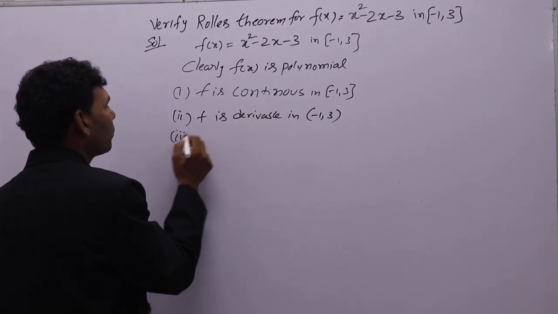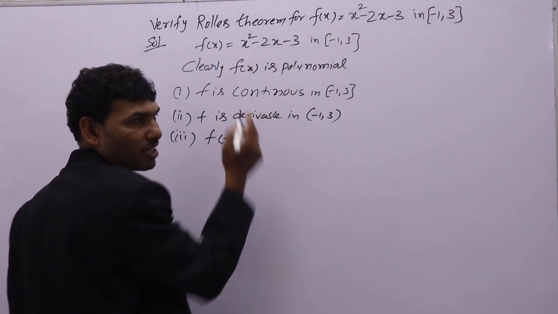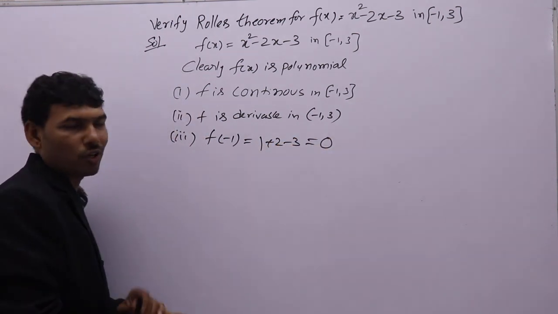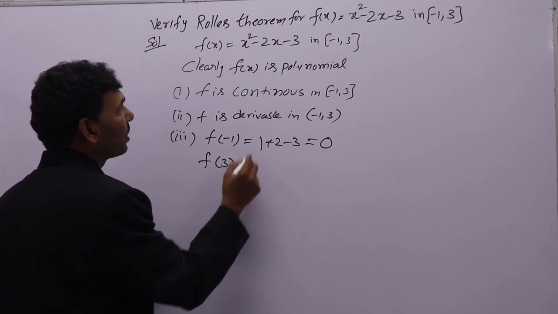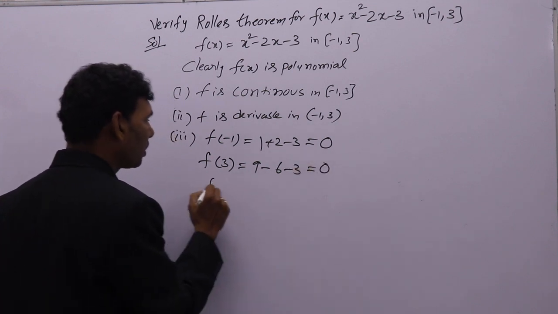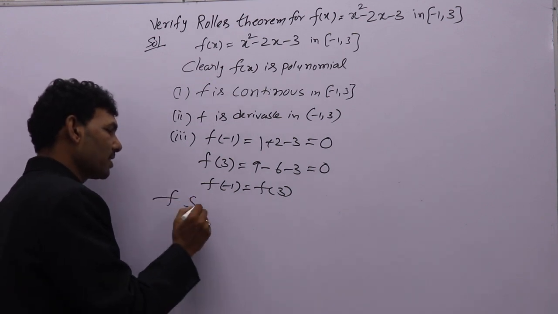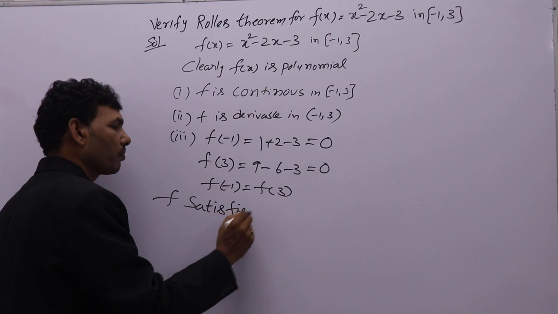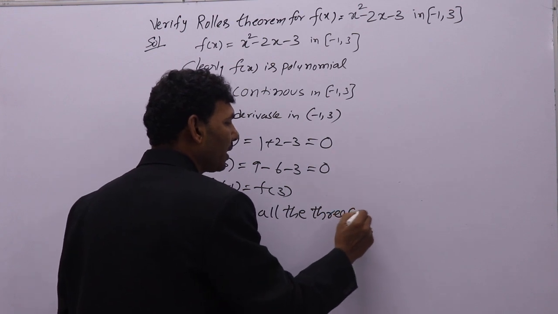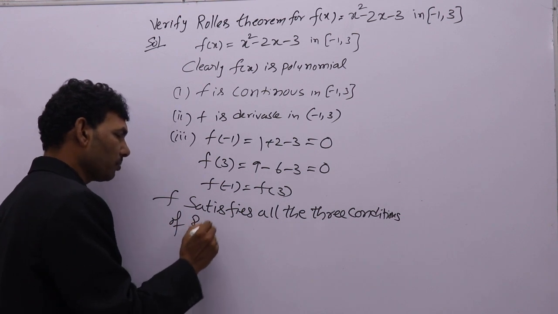Next, third condition, we need to check f of minus 1. If you write minus 1 in the place of x, 1 plus 2 minus 3, what you will get? 3 minus 3, 0. Similarly, f of 3, 3 square 9, 2 3s are 6, minus 3. This one also 9 minus 9, 0. F of minus 1 equal to f of 3. What it means? F satisfies all the three conditions of Rolle's theorem. Then what happens,